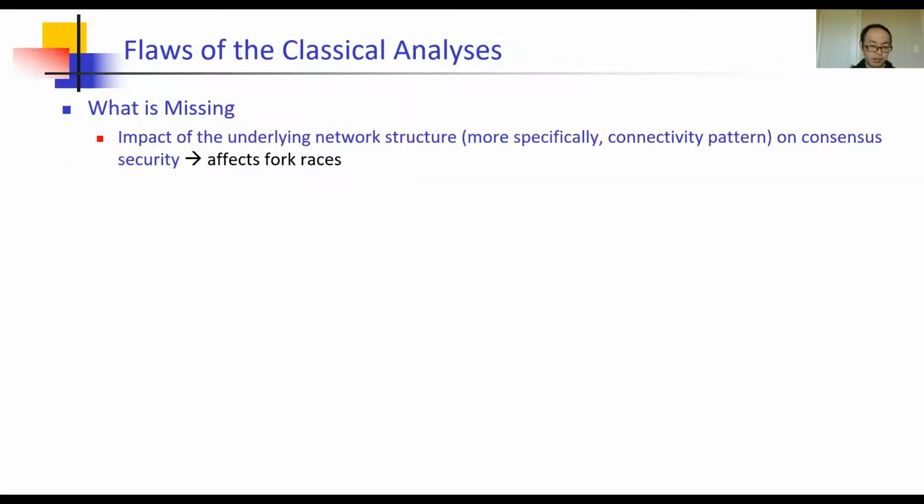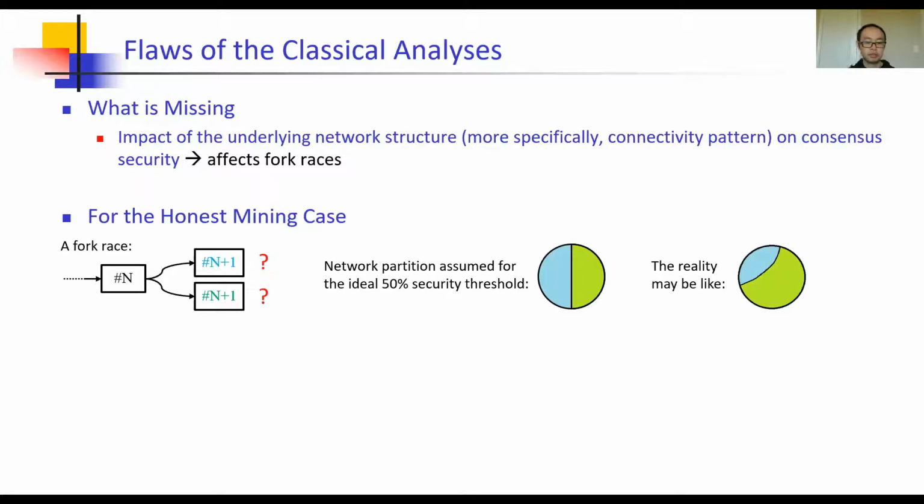However, the above classical analyses are flawed. What is missing is the impact of the underlying network structure, or more specifically, connectivity pattern on the consensus security. To give a rough idea, if the network connectivity is heterogeneous, then the fork race will favor those blocks proposed by better connected nodes. So for the honest mining case, for example, during the fork race, the actual network is